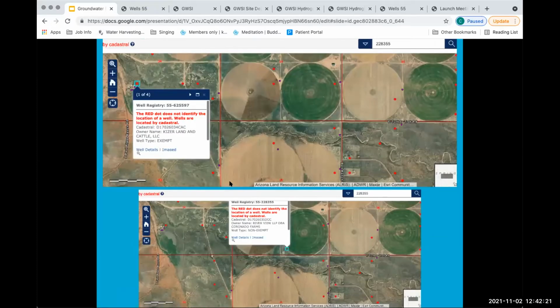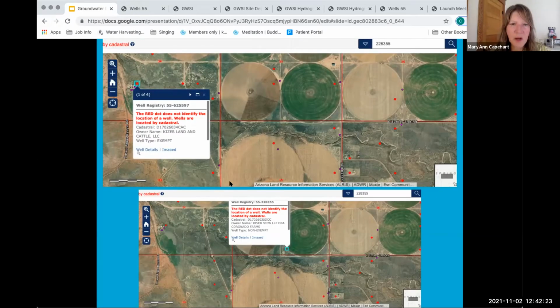Here are some more pictures of agricultural areas. And you can see with the red dot in the well registry, you can get the owner. Now, what kind of well? Is it exempt or non-exempt? So exempt means it's 35 gallons per minute or less. Non-exempt, this has to do with other areas of the state. Non-exempt